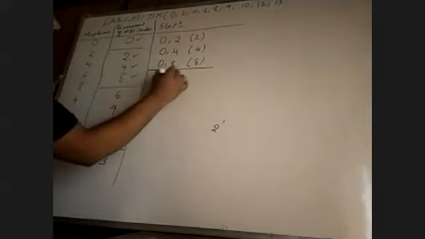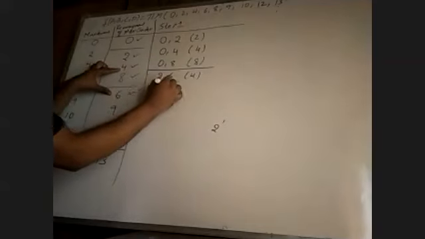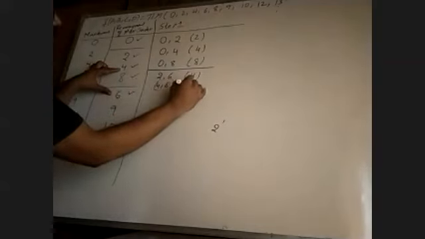6 minus 2 is 4, so 2 is compared with 6. We can write 2, 6. The difference is 4. It is a valid comparison. Next, 6 compared with 4: 4, 6. It is also valid. The difference is 2, so 4, 6 with difference 2. Next, 6 and 8. The difference is 2, but it is invalid since 6 is less than 8. We cannot make this comparison. 6 and 8 we compare; 6 is less than 8.